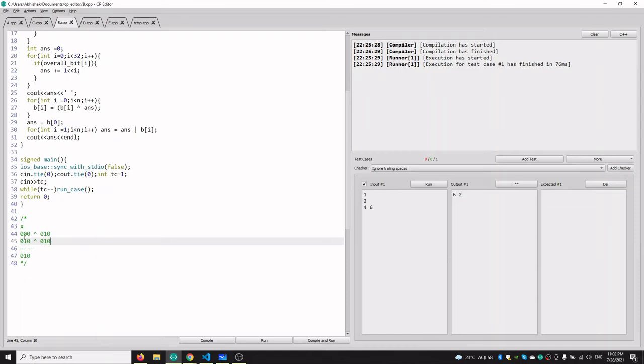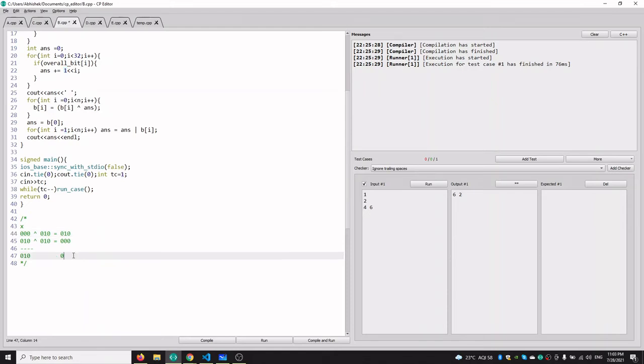If we take XOR of x with this, our number will become 010, and our second number will become 000. So our answer will again become 010. So we can see that there is no effect of taking the bit equal to 1 in this case, because we have different values in the middle bit in our array.